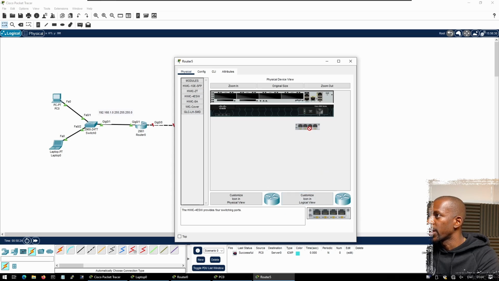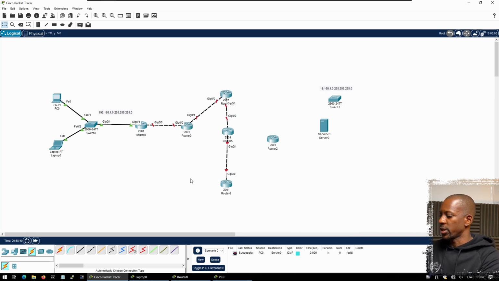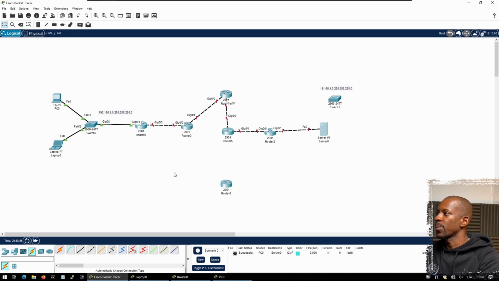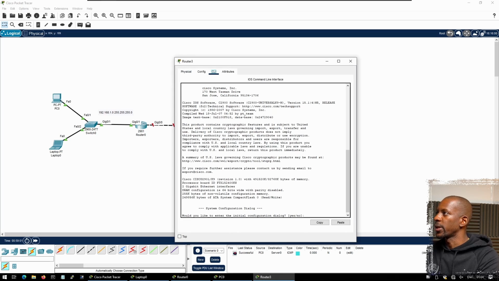Okay, so in this case we have to power off first. So we can power off and only then plug in the module and then power back on again. But actually let's just delete these ports and use these connectors. So I'm going to use auto between these two and between the server. Okay, and I'm going to show you in a moment that we can also configure